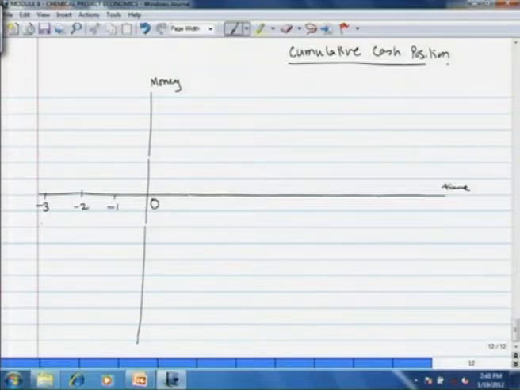So at time -3, we have to buy the land. Now this is money. So this much is the land cost, and at time -3 years we buy the land. And then as construction starts, we have to invest the fixed capital. So that goes on till, let us say, this point, the last 6 months, and then this is the fixed capital investment.